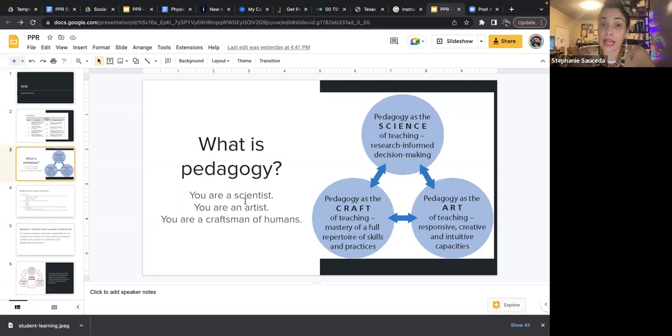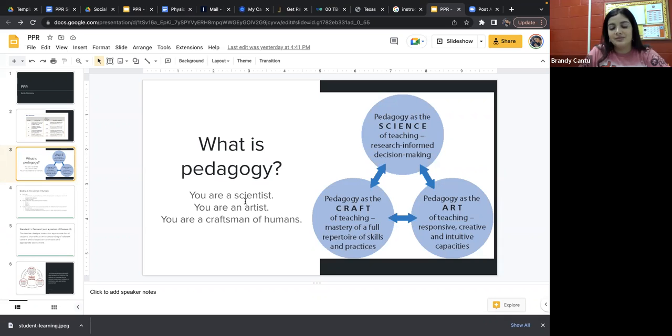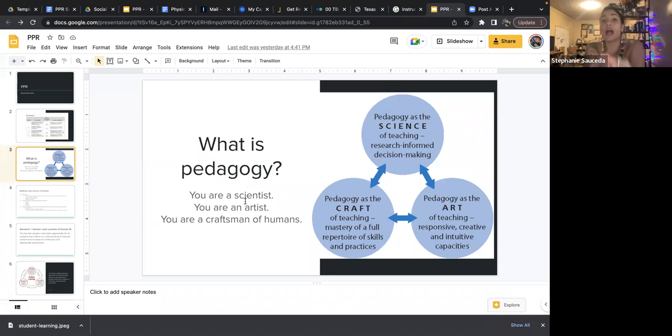And you're an artist, because not everything works with everyone. So it's a science. We know this works with everyone, except when you have this group of special population, or when they're having this and they don't have the language yet. So we have to paint different things in the lesson for the students and to help craft these humans, because our job is incredibly difficult. Our product is a human.